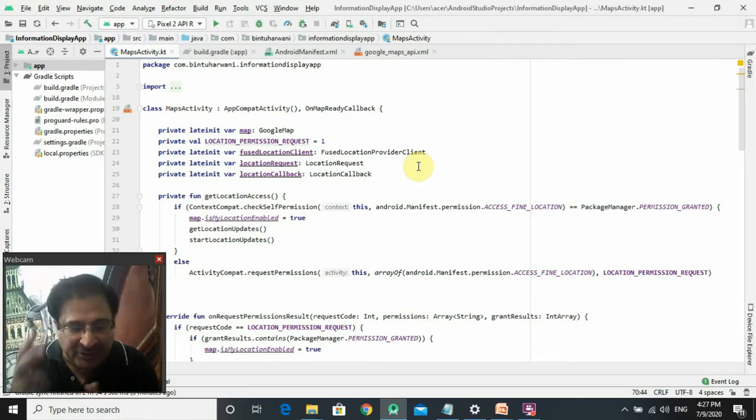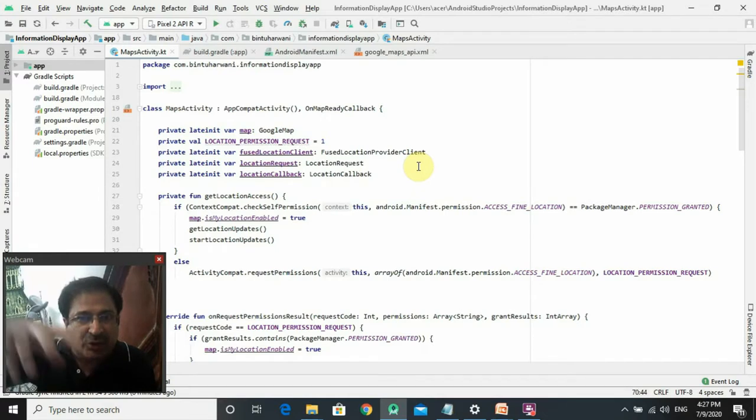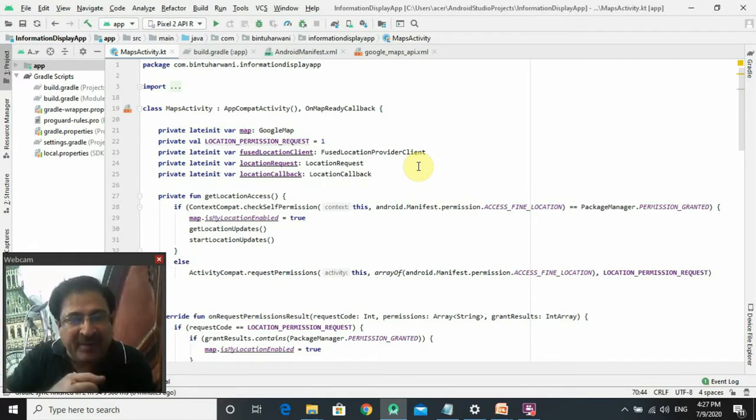So it has two parts. One thing that we are creating right now, that is, the location of the driver we are accessing and storing into the Firebase. And in the next lecture, I will tell you how to access the coordinates of the driver which are stored in the real-time database of the Firebase and display them on the Google Map, right? So the writing app which we are doing right now will store the GPS coordinate of the driver onto the real-time database, and the reading app which we'll be making in the next lecture will be reading the GPS coordinate from the real-time database of the Firebase and displaying it on the customer's Google Map, right?